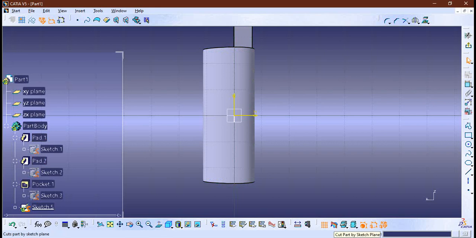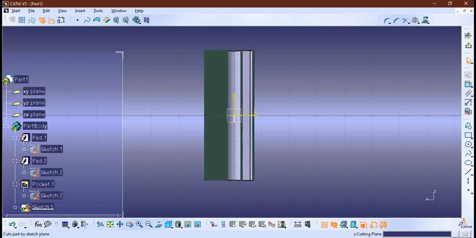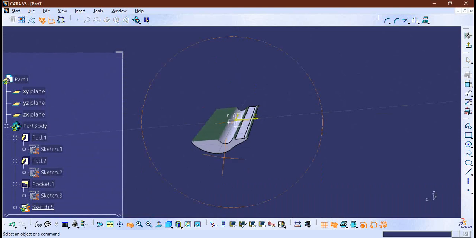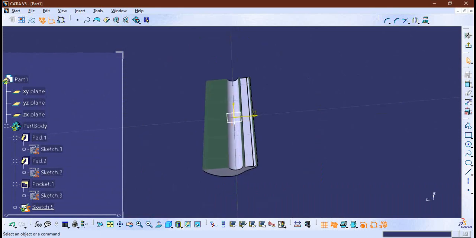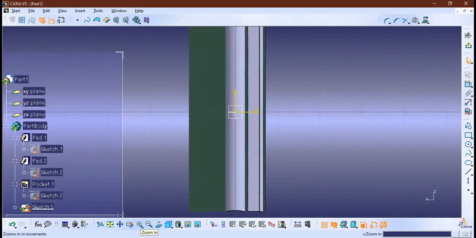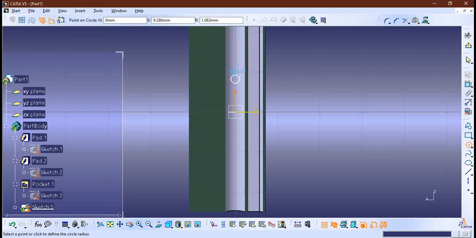So we have an option for that: cut part by sketch plane. If I click on this, it will cut the part on the sketch plane, as you can see over here. Right, now I am going to make the normal view again, zoom in somewhat and draw a circle over here. For that I am selecting circle and drawing a small circle